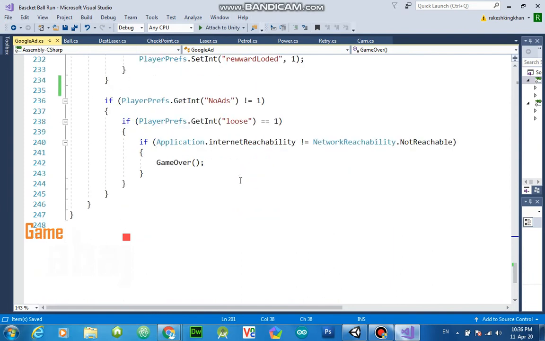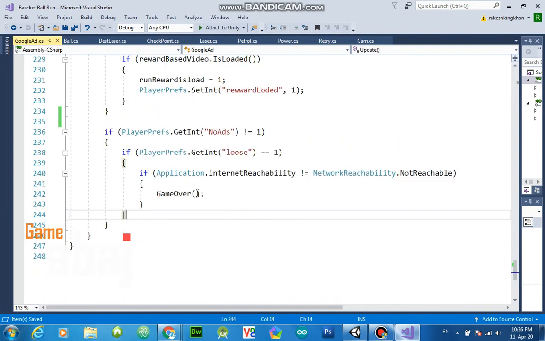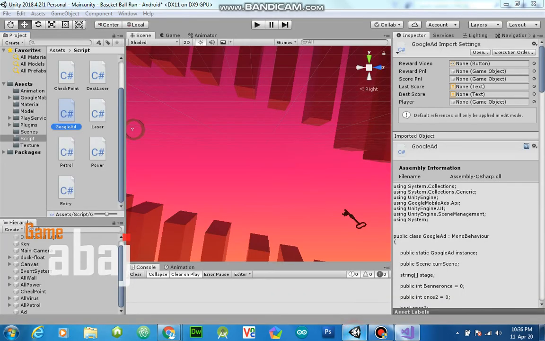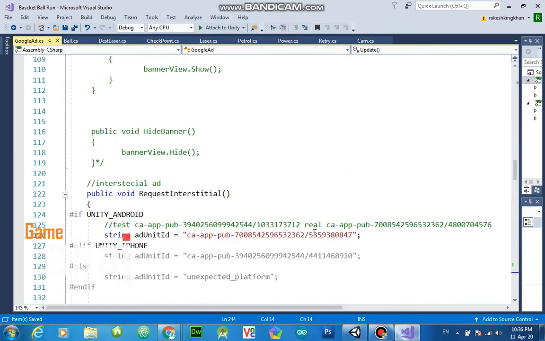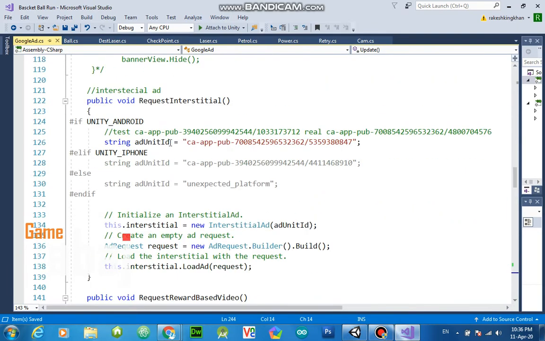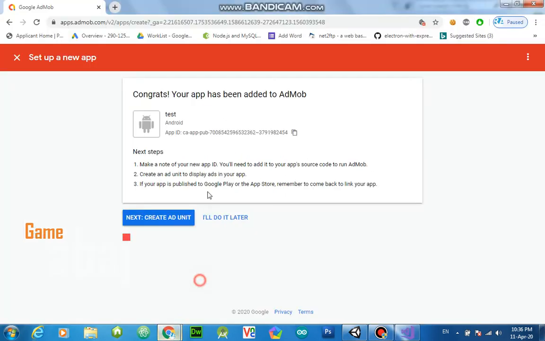So this is the use of my coding, and I have attached this file in the description. Anything else? Yes, these units are for requesting ads. For requesting an interstitial ad, we require this ad unit from here.